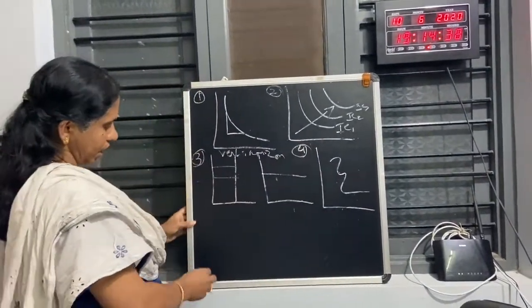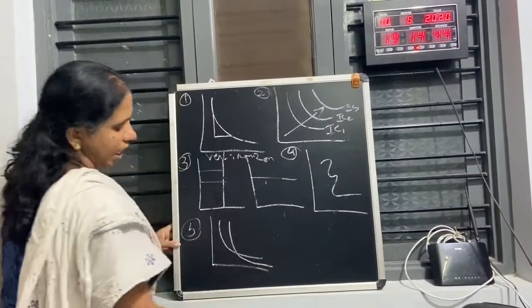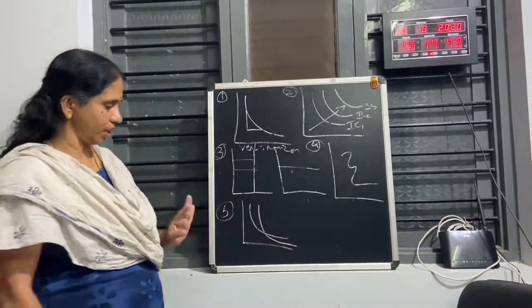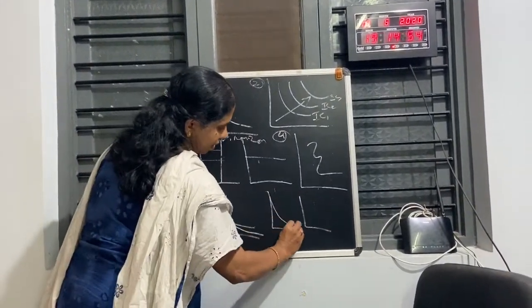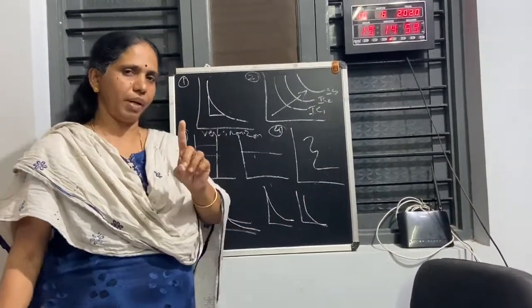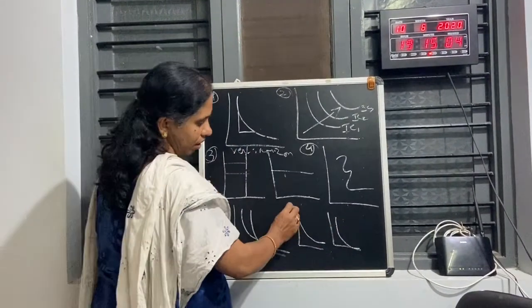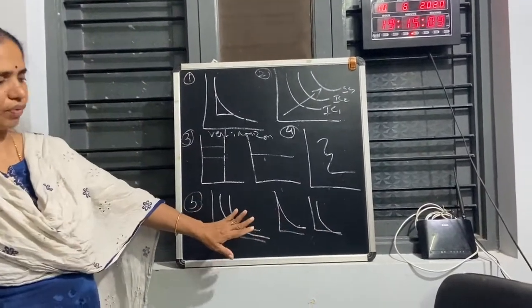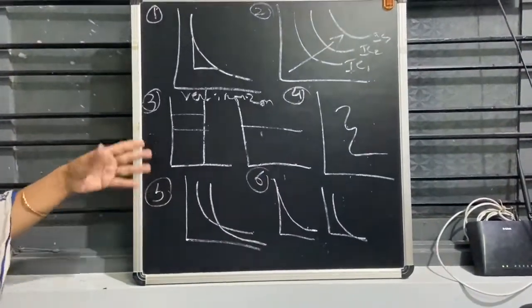Fourth point, you can write: it never cuts each other. When two curves cut each other, it shows that they will not give equal satisfaction. So they never cut each other. Another one you can write: it will not touch the x-axis or the y-axis. If it touches one axis, it shows that it is only for one commodity, but here we are talking about two commodities. So it cannot touch the x-axis or the y-axis. I think that is enough; 6 principles are there.